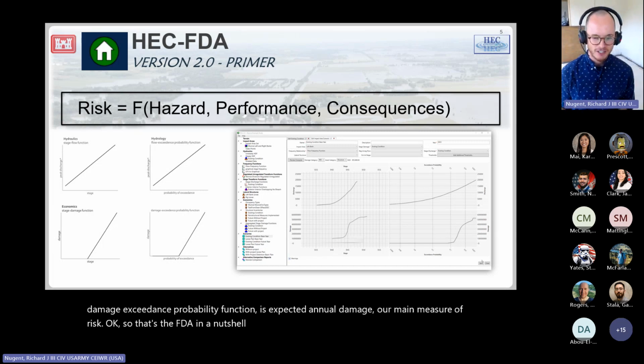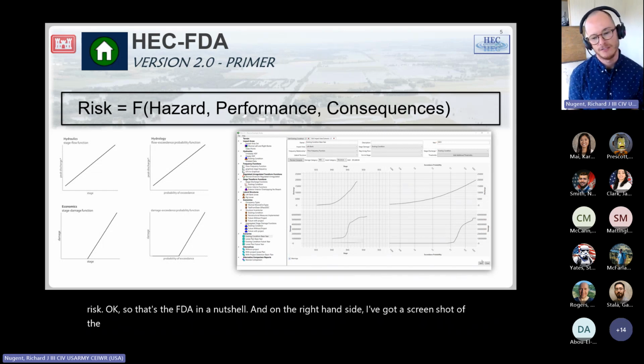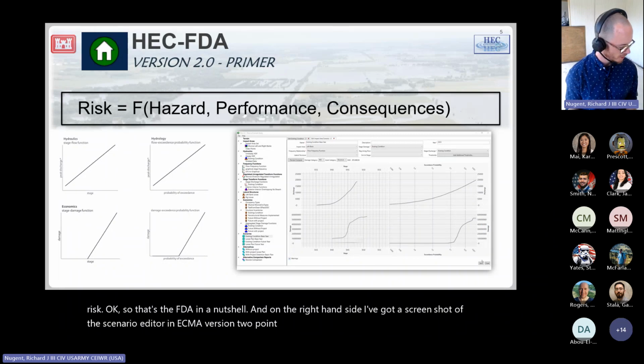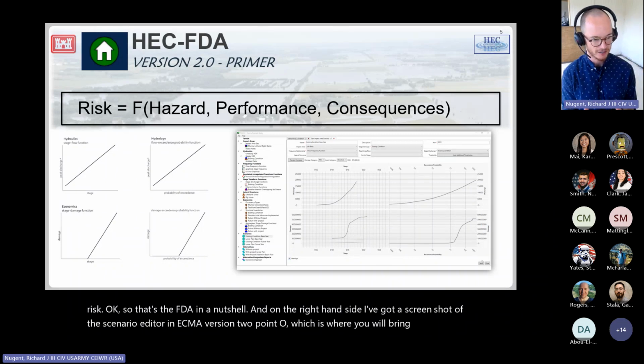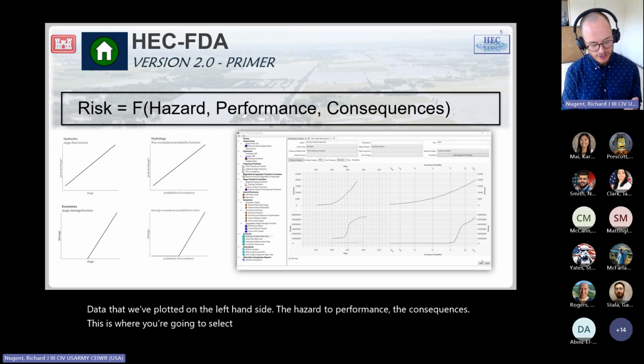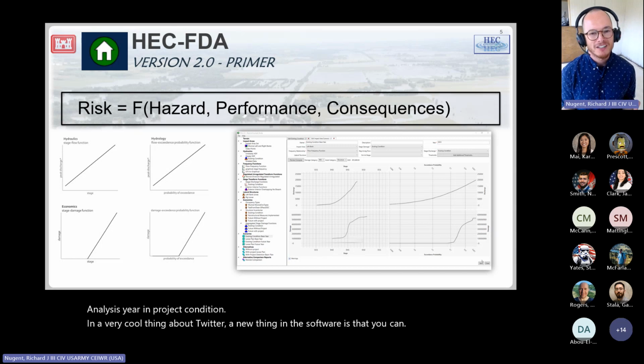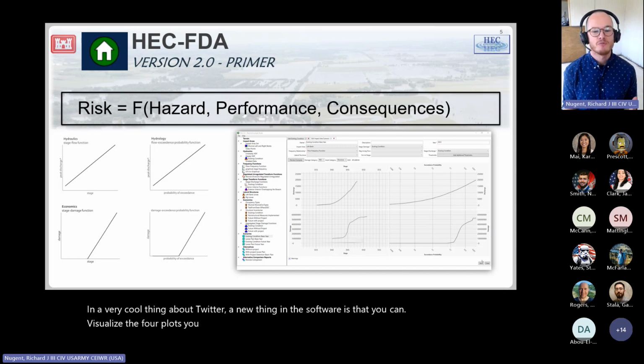And on the right-hand side, I've got a screenshot of the scenario editor in HEC-FDA version 2.0, which is where you will bring together all of this data that we've plotted on the left-hand side, the hazard, the performance, the consequences. This is where you're going to select which pieces you need to calculate EAD for that specific analysis year and project condition. And a very cool thing about 2.0, a new thing in the software, is that you can visualize the 4 plots. You can actually graph the 4 plots in the software,